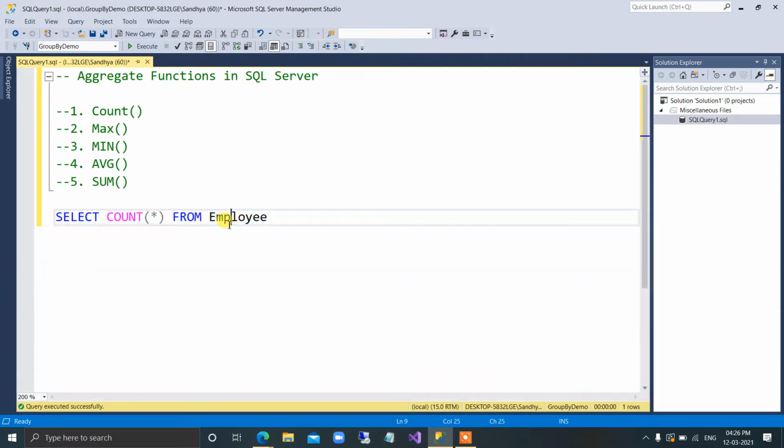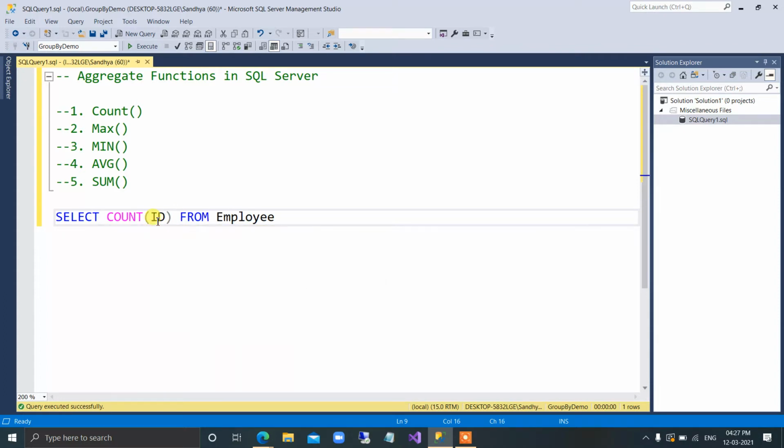Generally, whenever you are using count, it's advisable not to use star. You can use any one column name. Star means it will apply to all the columns, then it will go to the records and find out the total number of records present in the table. So better, whenever you are using count, use any single column present in the table.